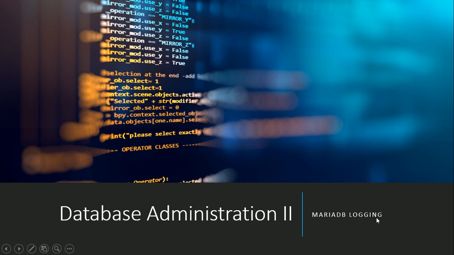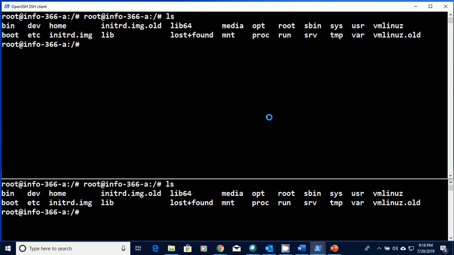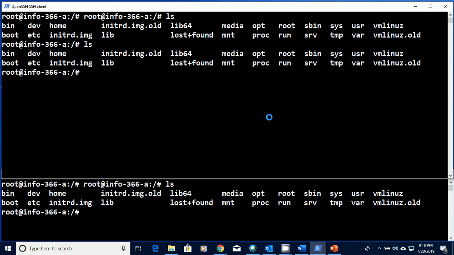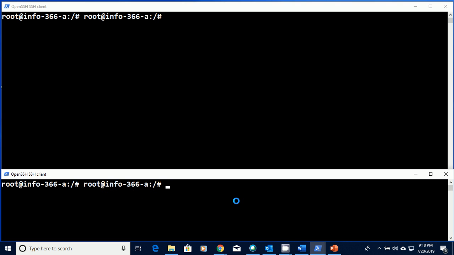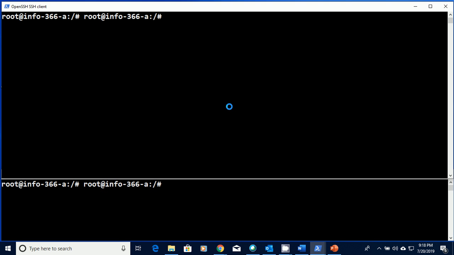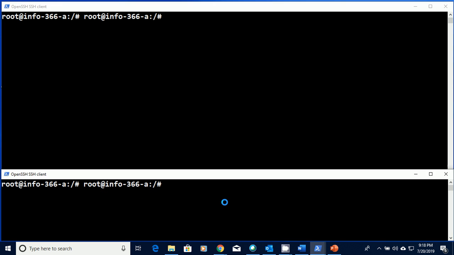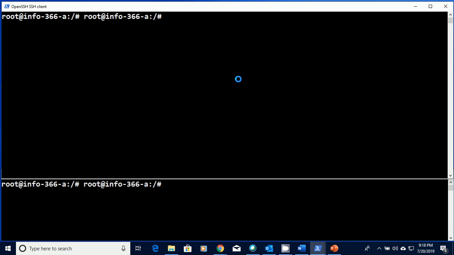In this video, I'm going to talk about how to do some logging with MariaDB. So we're going to go through some tutorials here. The first thing I want to do, let me just clear these screens so we can start from scratch. I'm just in the root directory on both of these. I'm going to use the top one to do our logging, and I'm going to use the bottom screen just to run some SQL queries and restart the services and things like that, so we can see what we're trying